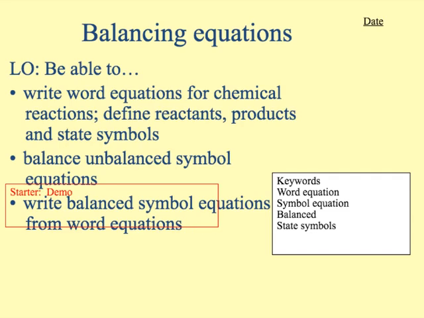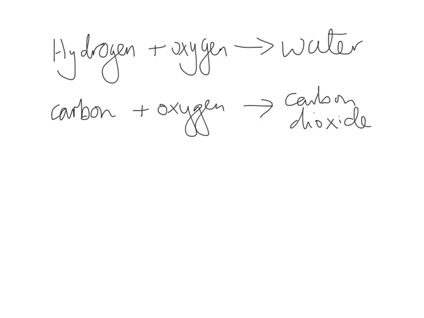equations from scratch. Okay, so this is the key skill to get right first, and then once you know your formulae, which you should do from your bonding section, you should be able to write them from word equations. So the first thing to make sure that you understand and you recap from Key Stage 3 is what is a word equation. So these are word equations. Okay, so we are using the proper names for chemicals with an arrow in between to show that these are